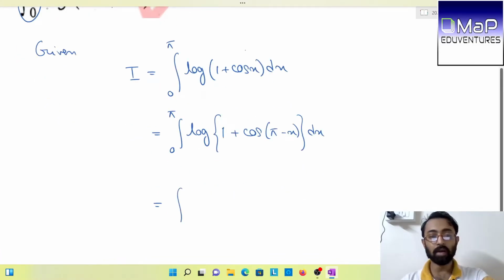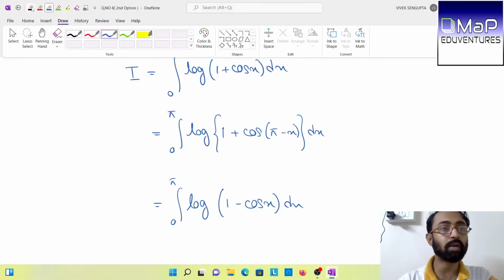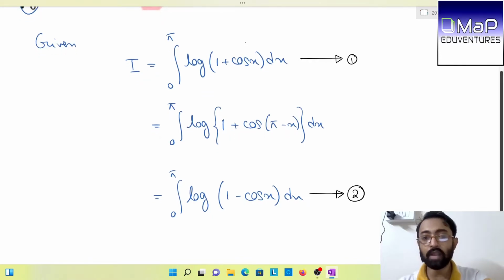Here we keep the integration 0 to pi log of 1 minus cos x as it is. Now we have the opening form and after the property the second form. If we add these,